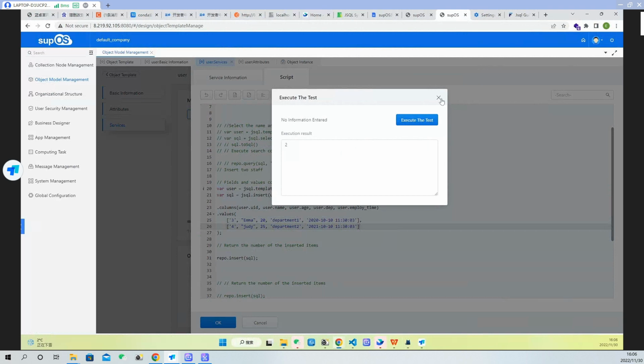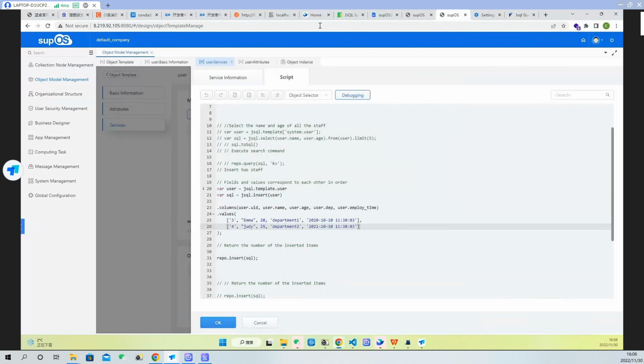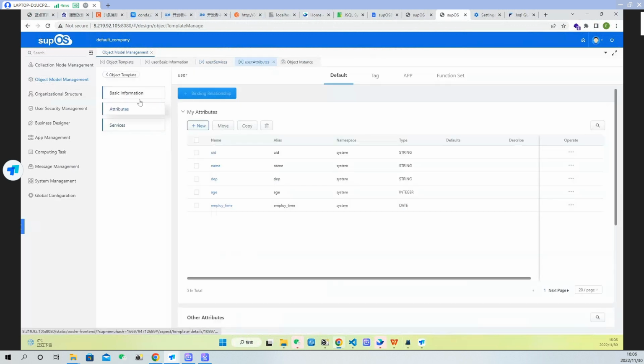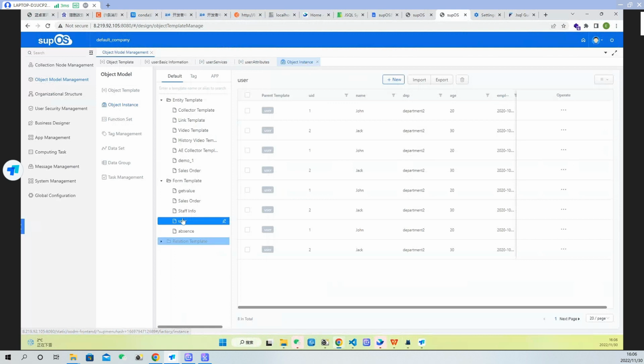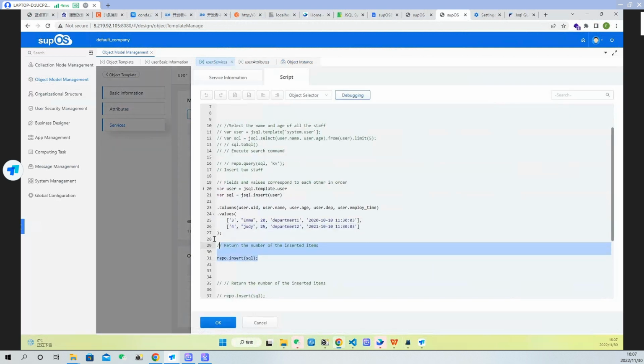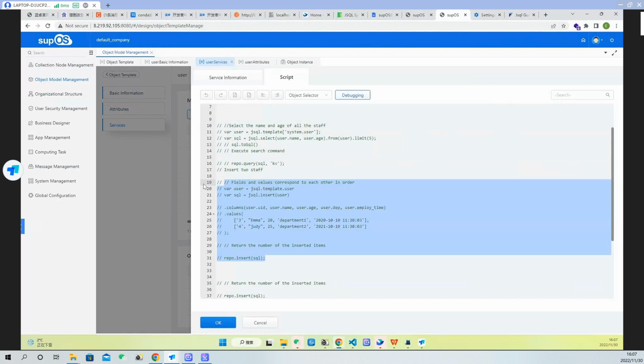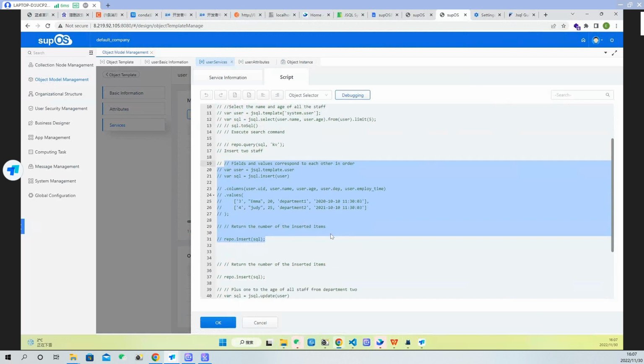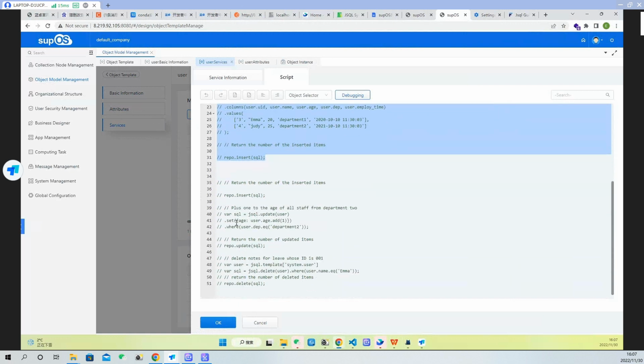Okay, so now what we can do is let's go back to instance. Check whether the data is successfully inserted into the database. Okay, so 3 and 4, Emma, Judy, right here. So that's to insert data into our database, which is our object model management. And what we need to do now is to, let's see,